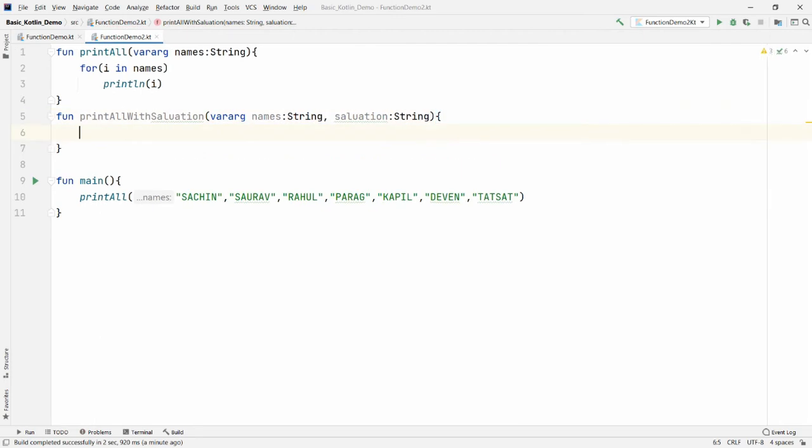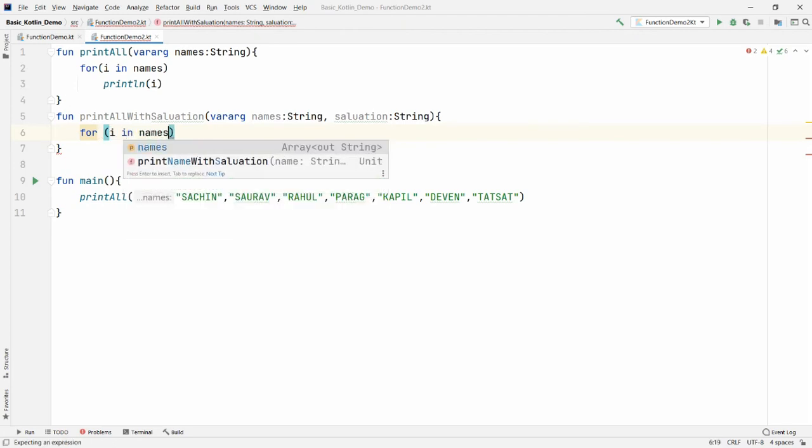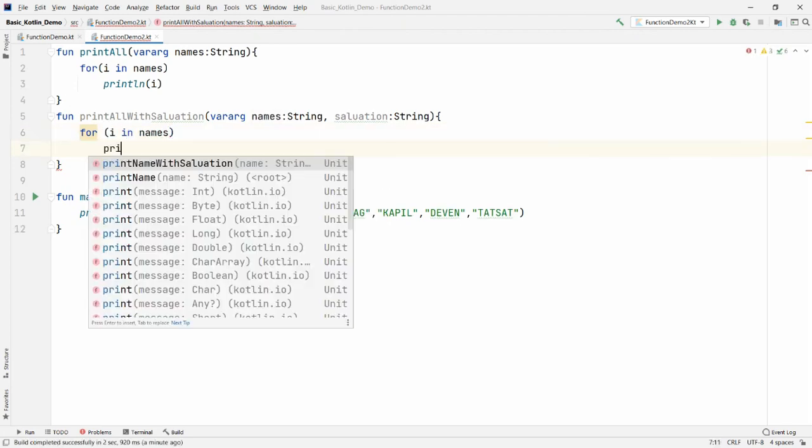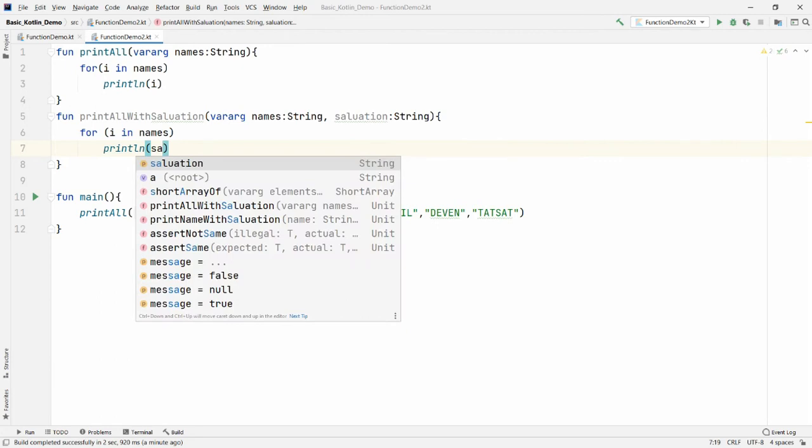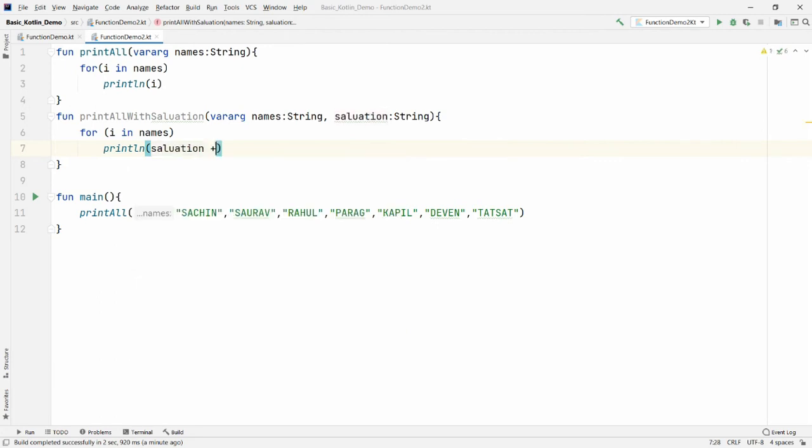Now what I want to do is use this salutation for each string that the user has passed. So you can write for i in names. Now here you can write println, combining the two strings using the plus. So you can write salutation plus i. So whatever the name is, the salutation will be added to each and every name.